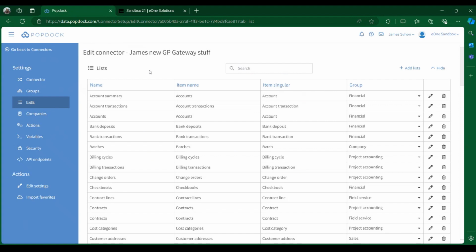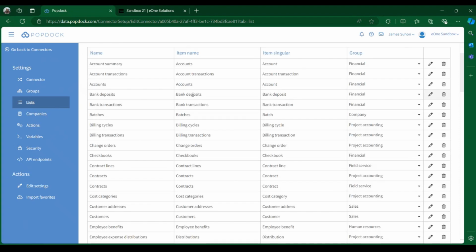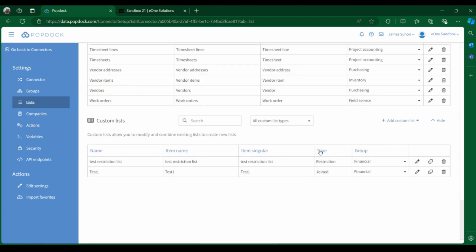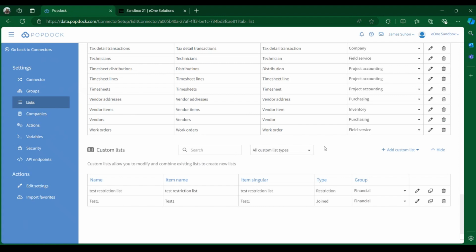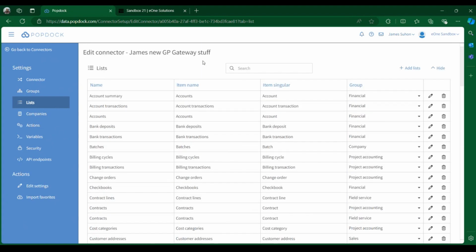Instead of having to worry about VPN, worry about if you can get in, if you've got an internet connection, you can log into Popdock, and all your stuff is right here, ready to go. So accessibility is one of the key advantages over SmartList Builder with Popdock, is that it is accessible anywhere you want, and you could put your SmartList anywhere you want as well,